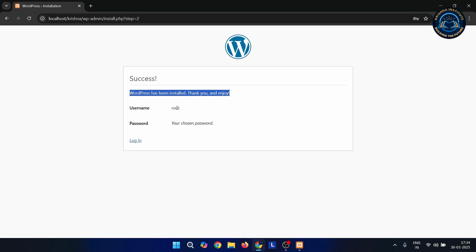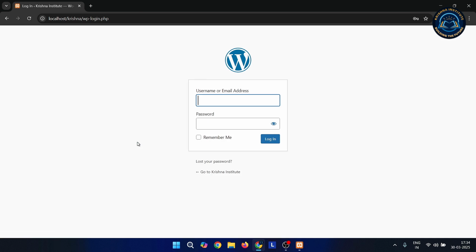The username is given, whatever username we have kept here. And for the password, it's mentioned here, you chose in password. So whichever password we have chosen, that will be showing here. You need to click on login, and after clicking on login, it will open the link in the browser, that is localhost slash Krishna. So localhost, because we are working on the localhost, that is the main domain that we are using here. Krishna is the name of the folder or directory that we kept when we were extracting the WordPress zip file in our htdocs. And after that slash